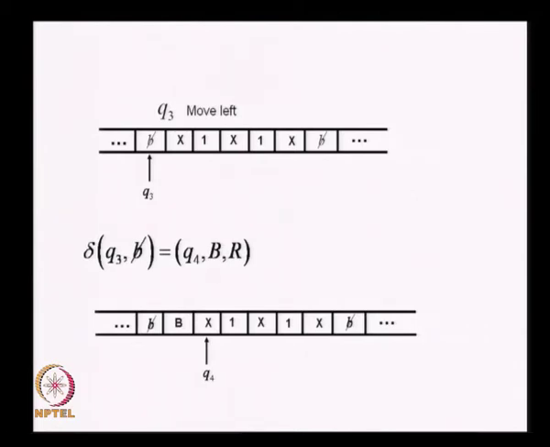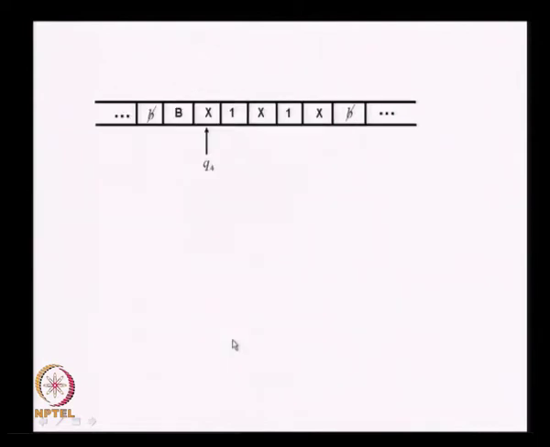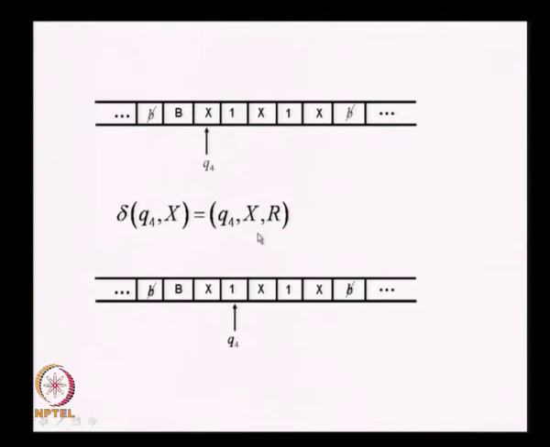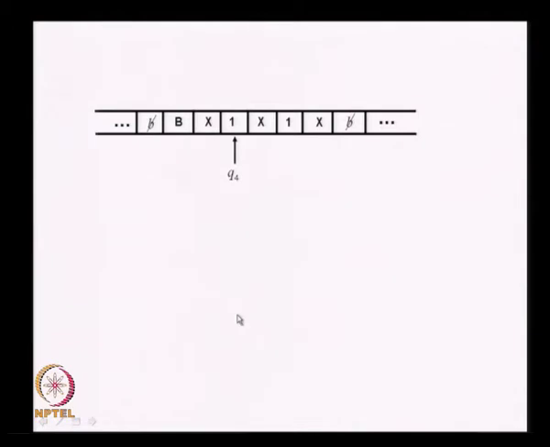In Q4 it moves right, it is a right moving state, it moves right in state Q4 till it sees a 1. So, this X it does not change and it just moves right. So, in Q4 it reads an X, it just moves right going to the next symbol 1. Now, in Q4 it sees a 1, this is the situation, and it uses this mapping Q4 1 = Q1 X R and moves right.